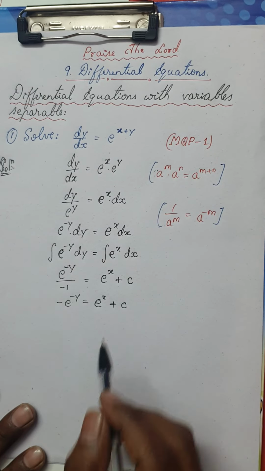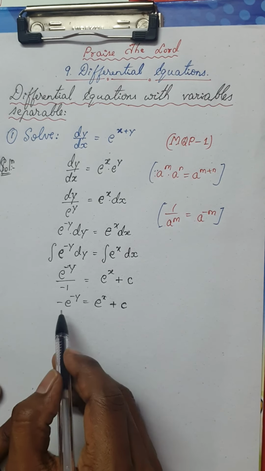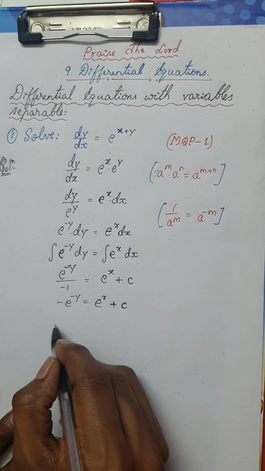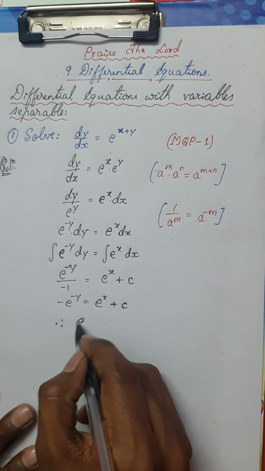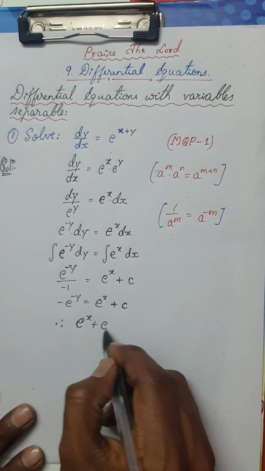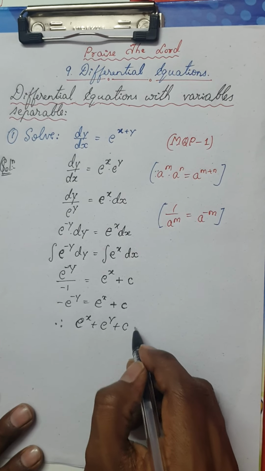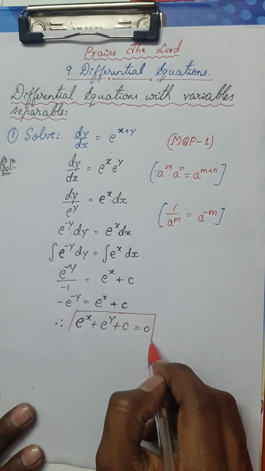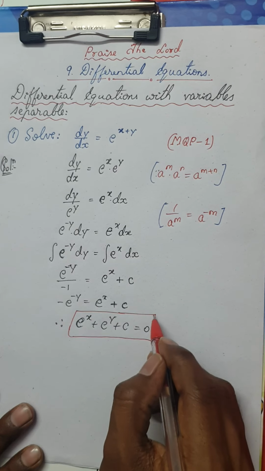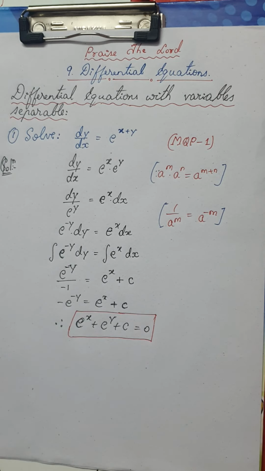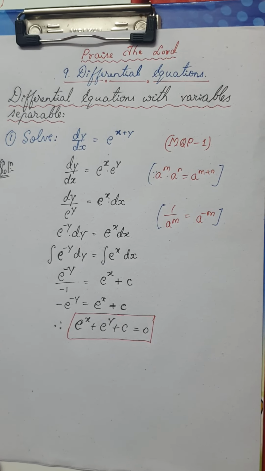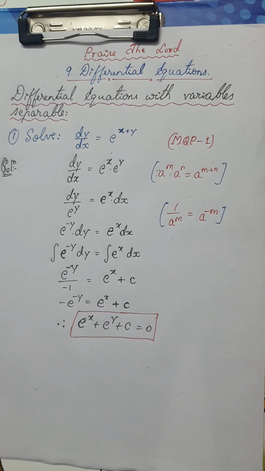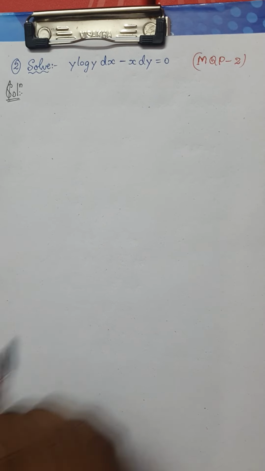Okay, now this is one way of writing the solution of the differential equation. Now because this is a negative sign, bring it to the other side. Therefore my general solution would be e power x plus e power minus y plus c is equal to 0. This would be the required solution of the given differential equation. Okay, very simple procedure. So if they give you this question for 3 marks, you can easily crack this question and score 3 marks. Okay, very easy, isn't it? Right. Okay, students, we'll move to the next question.